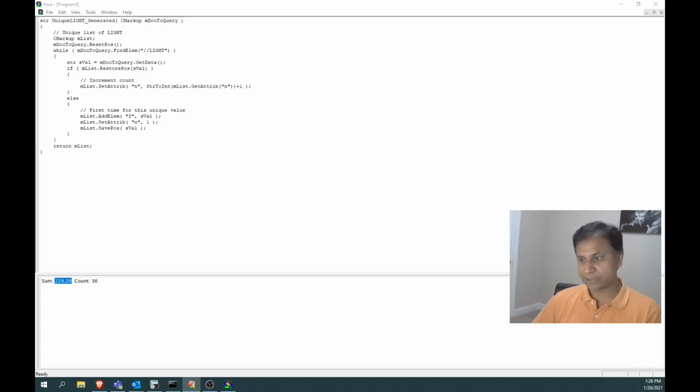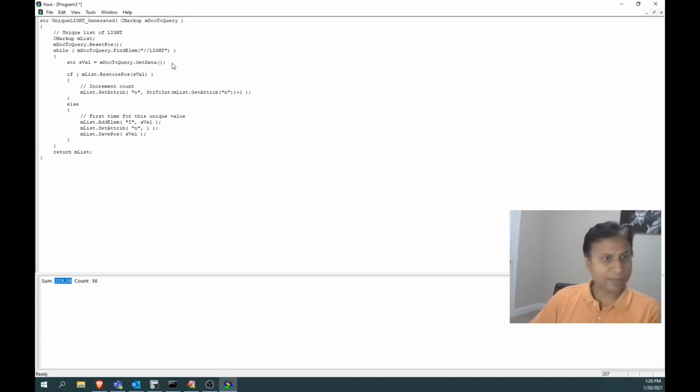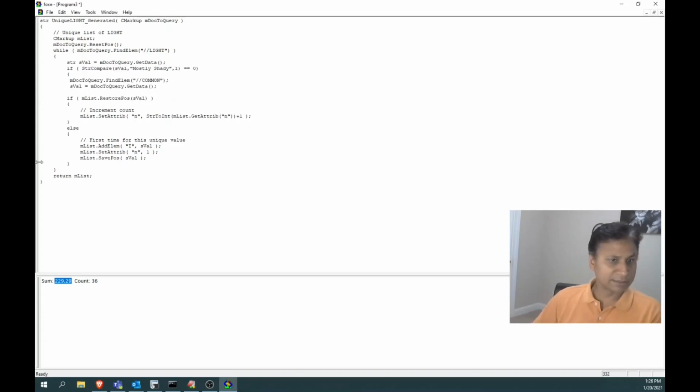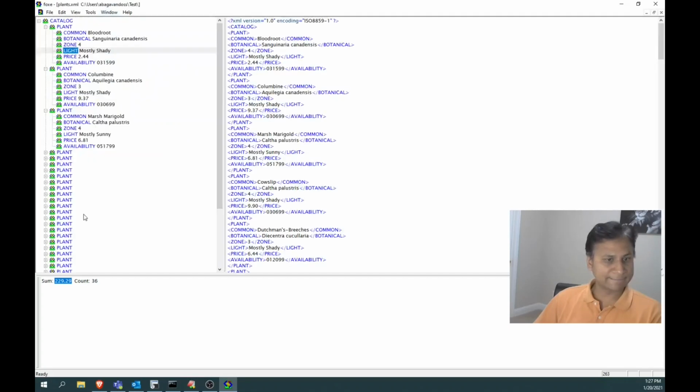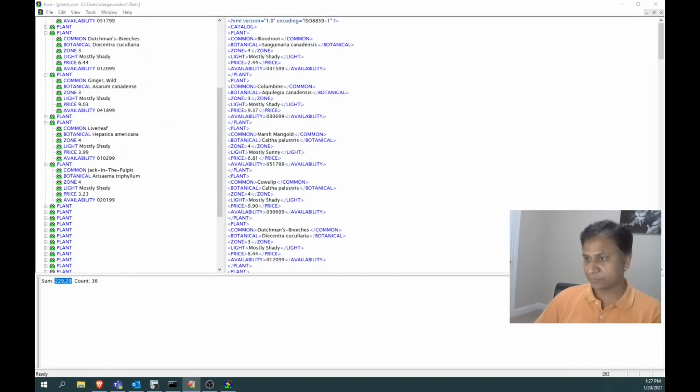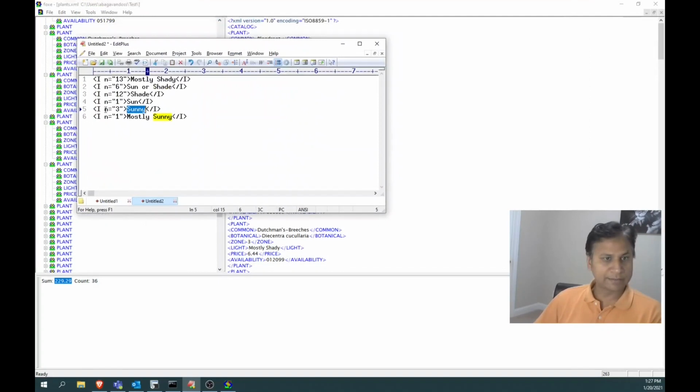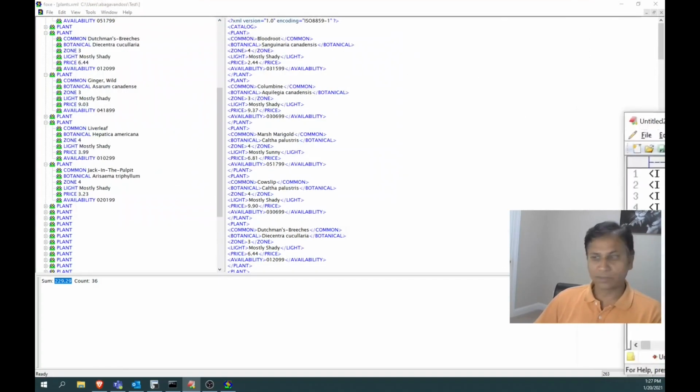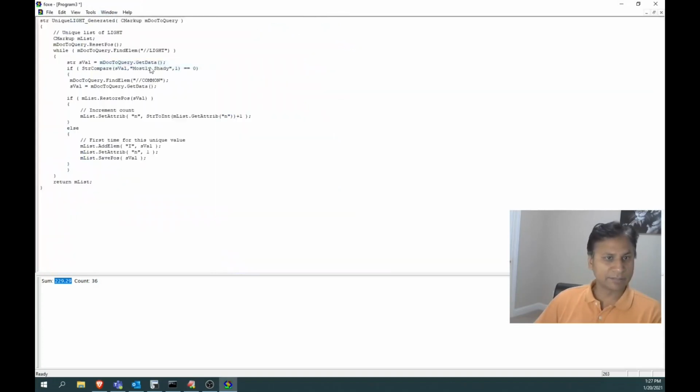So here I'm going to add the if condition. Underneath, I'm going to add this if condition like this. I need to properly close it with these braces. So under the light, if it is mostly shady, we decided to go for the sunny plants, right? We have seen here, for example, how many sunny plants? 3 sunny plants. For that reason, here I am going for sunny plants in this program. Instead of mostly shady, I am going to choose sunny.